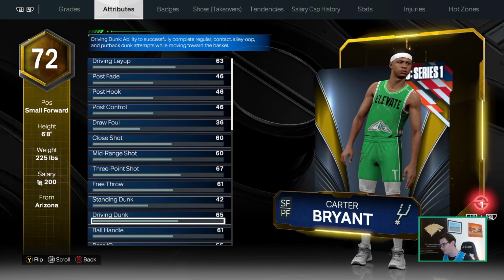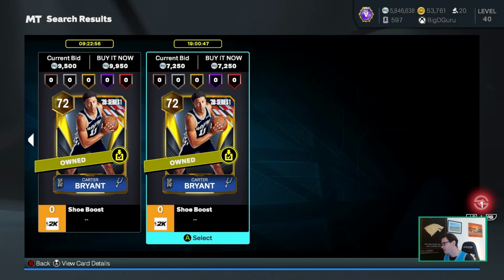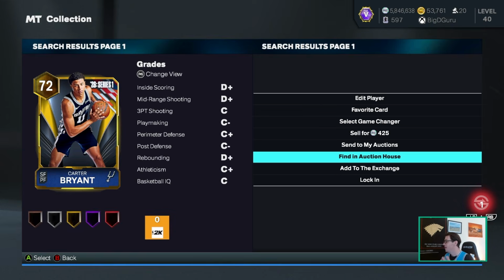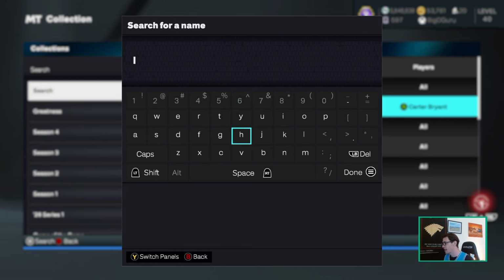He's got 65 driving dunk. He's in the dunk contest. I'm guessing maybe they need to release a new card. I would be surprised if there's some grand, really rewarding challenge and they're like, look, the only way to get it done is with gold Carter Bryant. That said, I still bought 1, maybe 2, just in case, and you could do the same thing with the